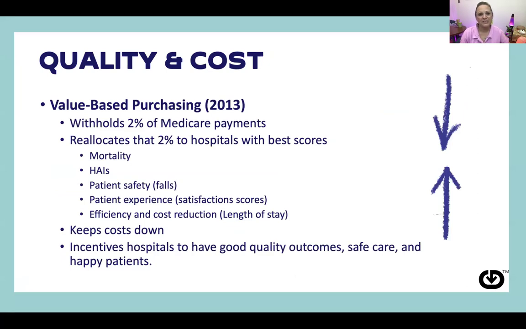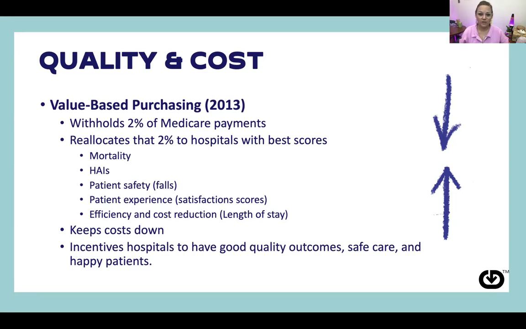The next thing I want to talk about is quality and cost. Healthcare is an extremely costly component of the budget in the United States. And Medicare got smart and said, we want to make sure that we're getting our money's worth for what we're paying for. So in 2013, Medicare started value-based purchasing. And what value-based purchasing does is it withholds 2% of Medicare payments from all hospitals. It just says, we're going to hang on to this last 2%. We're not going to give it out yet. And then it takes that 2% of what they owe all the hospitals and redistributes it to the hospitals with